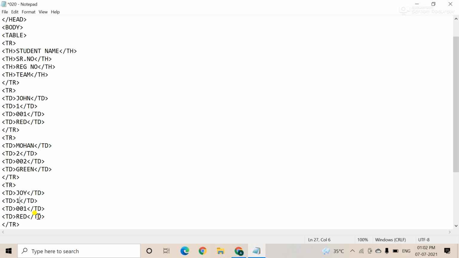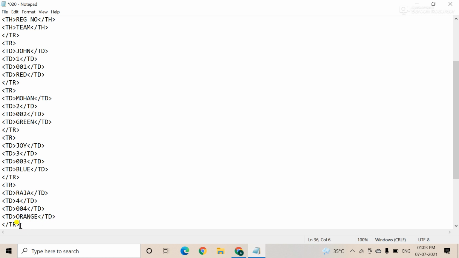Suppose this is the third row, actually, and the data are red, green, and the next is blue. And after this again you just paste and change the name. Suppose that name is Raja, and you see here the roll number is 4, and the registration number is 4, and suppose it is orange.